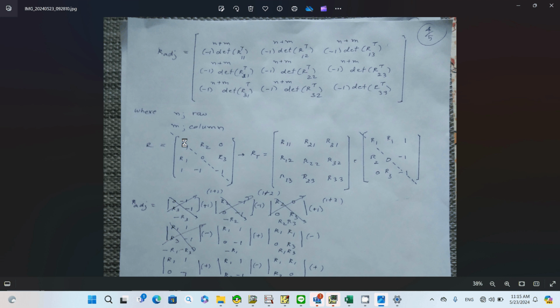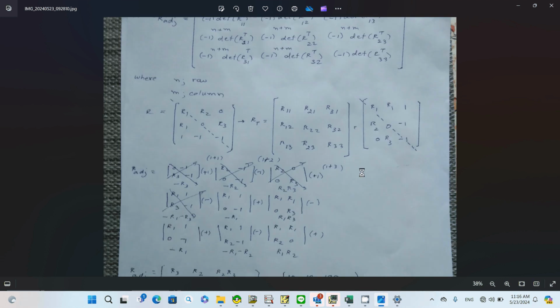So you leave the elements on the dot dash line the same. So this is R1, 0 and minus 1, but you need to transfer R1 to replace R2. So you have R1 here and then R2 down here. Okay,